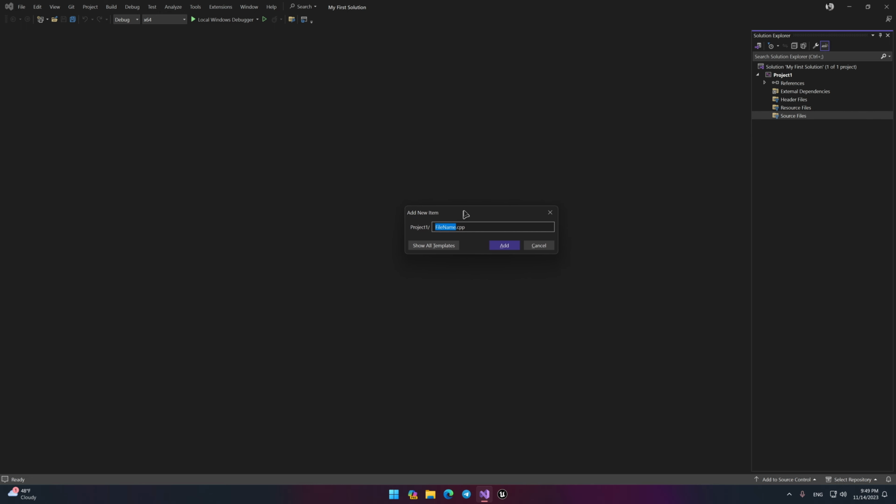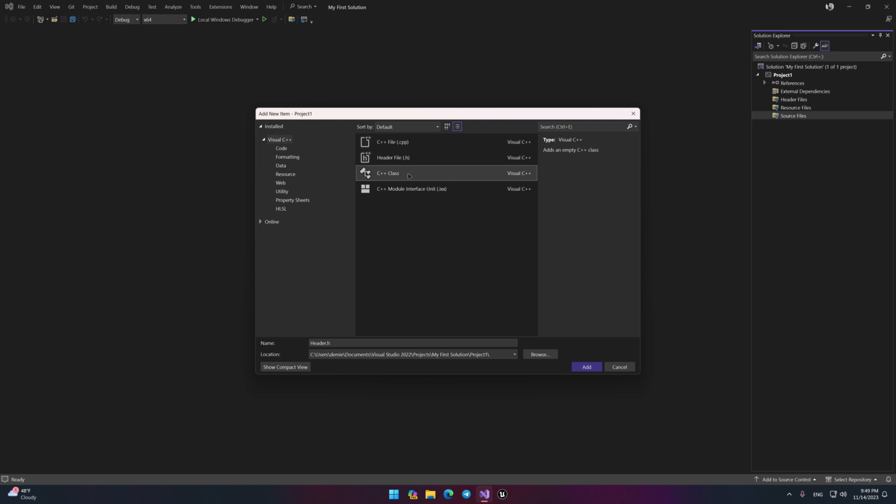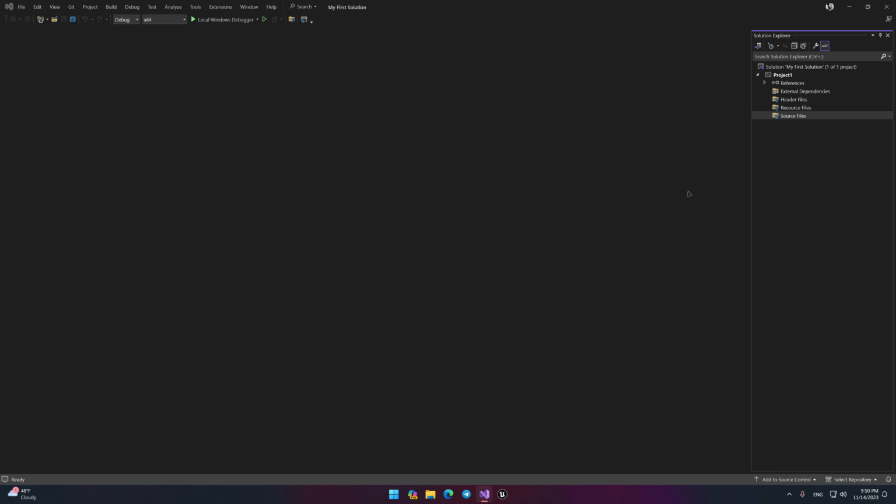You'll see a window where Visual Studio thinks you want to create a CPP file. You can click Show All Templates and see the entire list of possible files. Select .cpp. Give the file the name you want. I would advise naming it main because it will contain a function called main. Click Add and the text editor will open your file